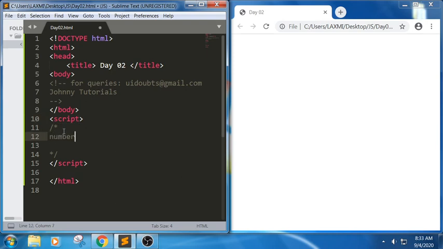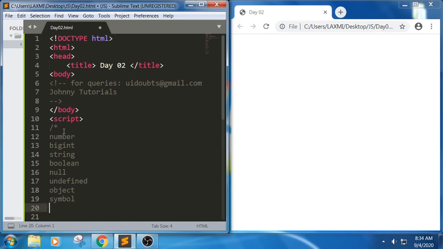First we will discuss number, next BigInt, next string, next boolean, next null, next undefined, next object, next symbol. So these are the basic 8 data types we have in JavaScript.